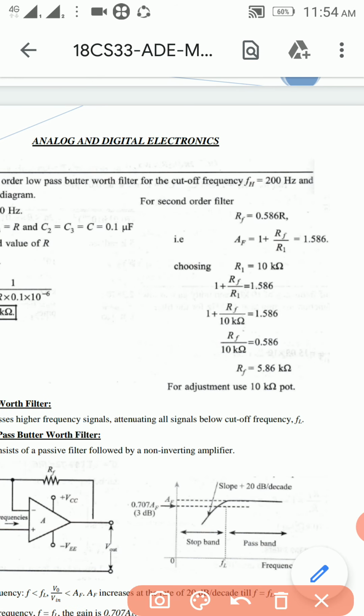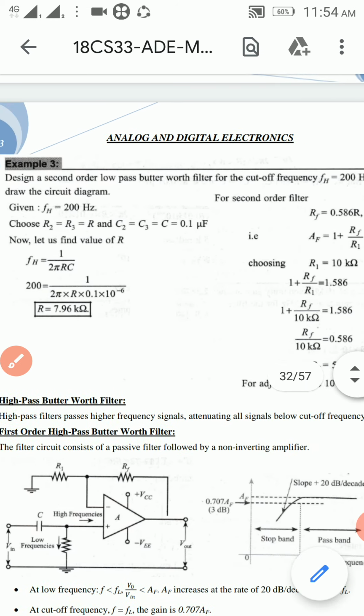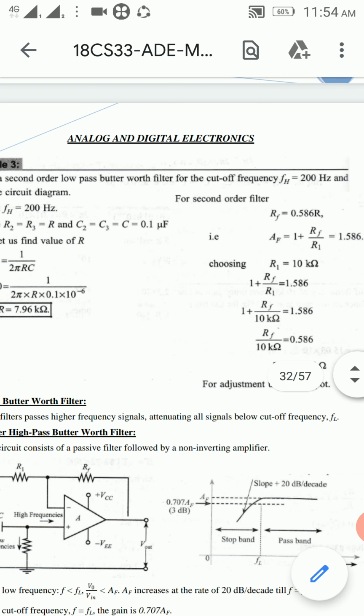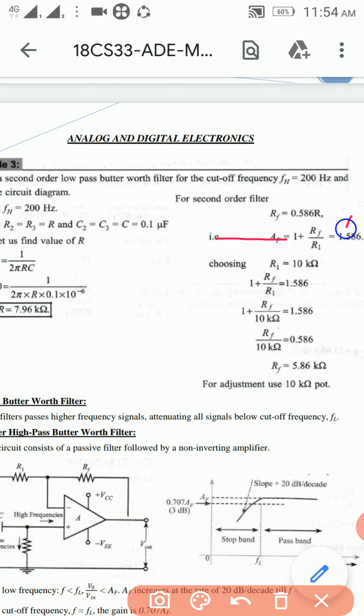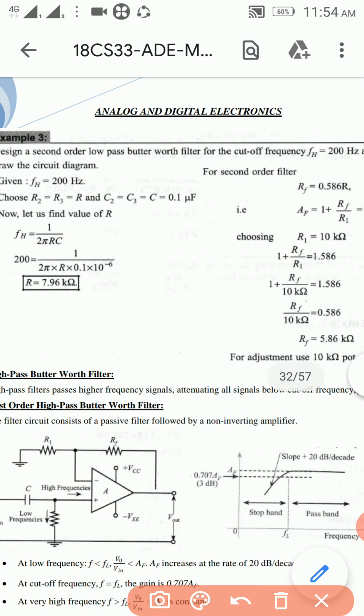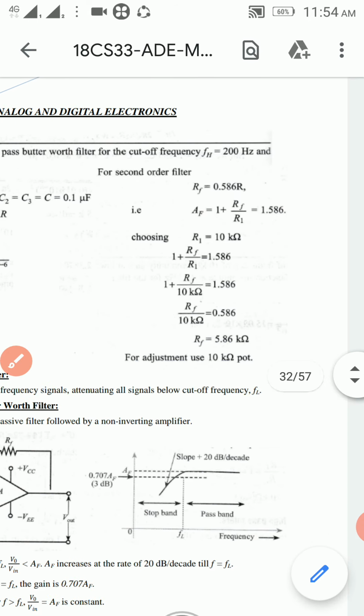Because of this one, what exactly? Gain is 1 plus RF divided by R1 is equal to what? 1.586. For a second order low pass filter, the gain should be this one. So in the problem it is asked that the gain should be 1.586, right? This is not mentioned here, but we have to take it as 1.586. So choosing R1 as 10 kilo ohm,